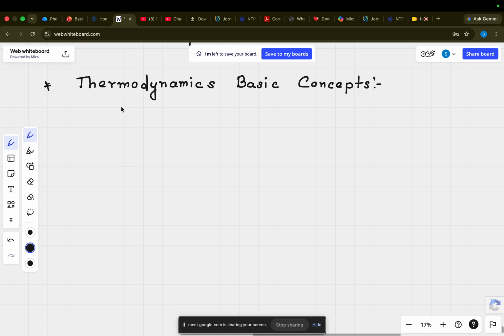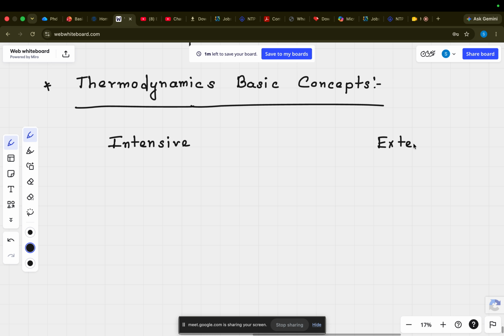So we have two kinds of property. One is intensive property, and another one is called extensive property. Intensive means it is independent. Write down, independent